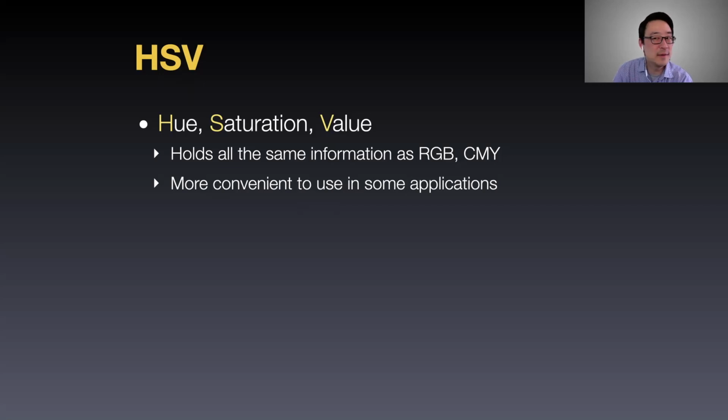So, you might have, after a while working with this, an intuitive sense of, oh, I add 100 of red and 50 of green and 10 of blue, and I get a certain color, right? But that takes a lot of experience. There are other ways of representing the same information. One of those is what we call HSV, or hue, saturation, and value, right? So it holds exactly the same information as RGB or any other color space, but it can be a more